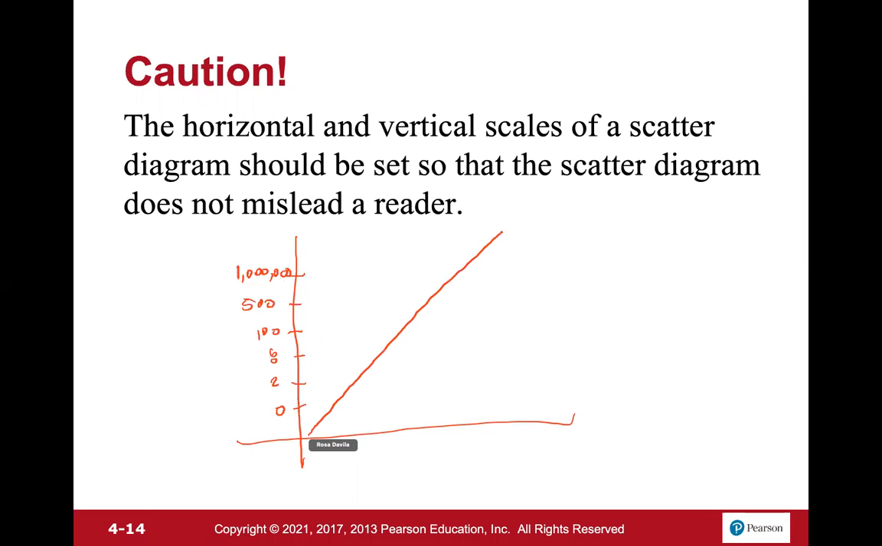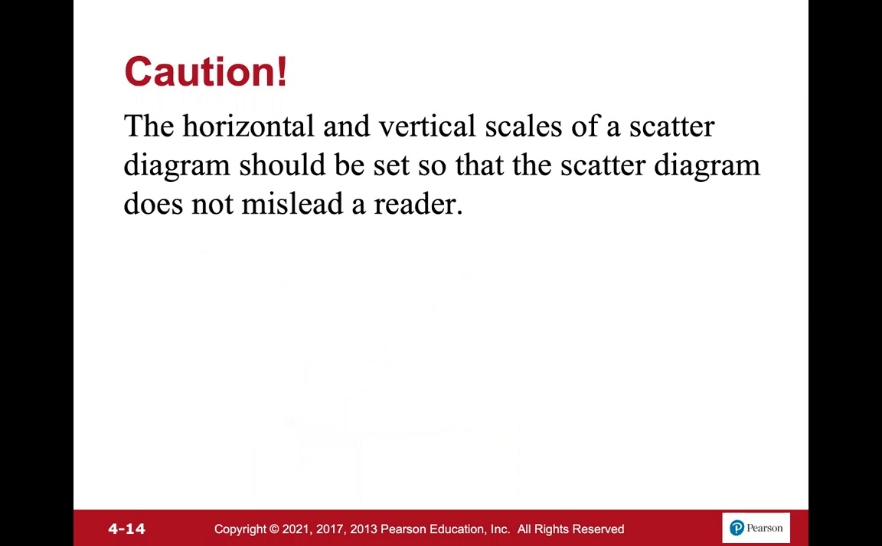So if we show this, it looks like things are positively associated in a linear manner. But over here, this scale on the side does not reflect that. What that reflects is like a graph that's going up in an extreme manner. So